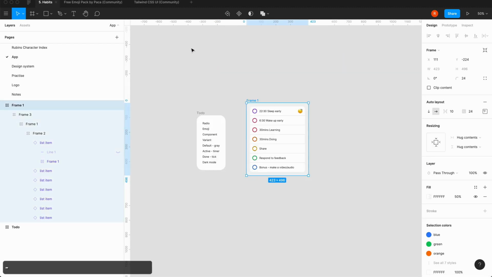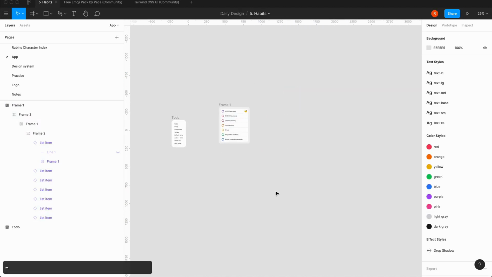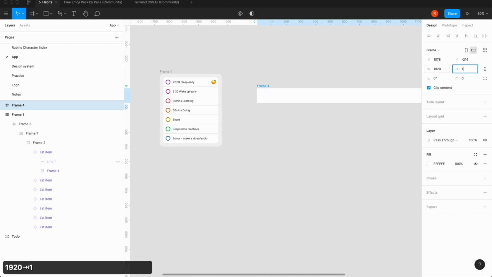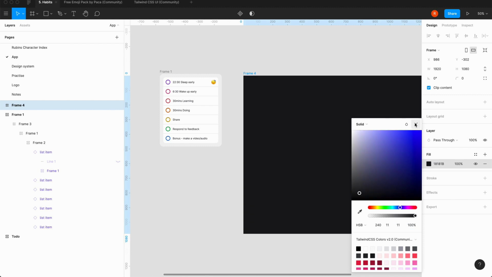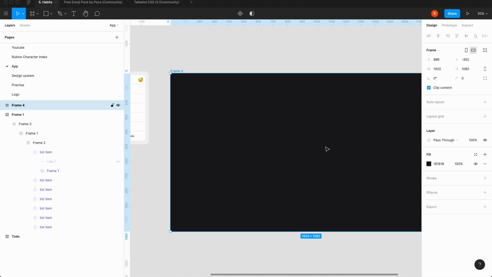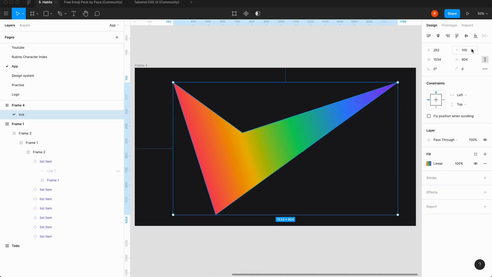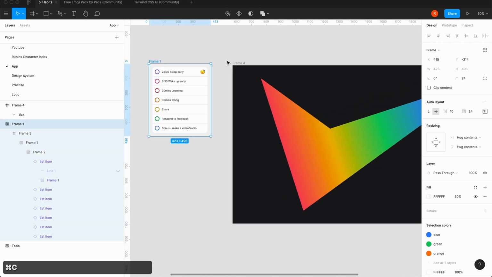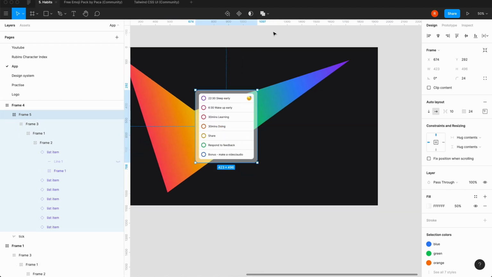So the last thing we can do as well is we can put this on a nice background. So if I hit the frame key and do 1920 by 1080, and we're going to make that a dark background. So I'm just going to grab a graphic that I made earlier. Okay, so here's one I made earlier, and this is using the tick that we made from the logo, just using a very simple gradient, and then we're just going to copy that over into this frame. You can see we got that really nice effect,